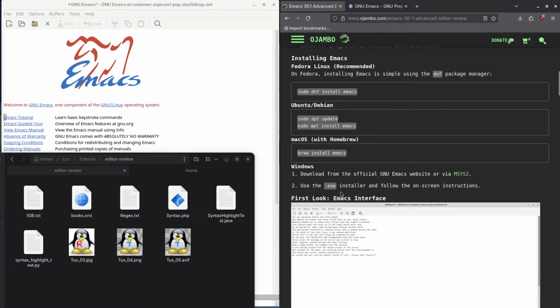Alright, and then you get the .exe installer and follow the on-screen instructions. I personally haven't used Windows as my daily driver since 2008, so I'm getting less familiar with it as the days go by. Okay, so with that said,